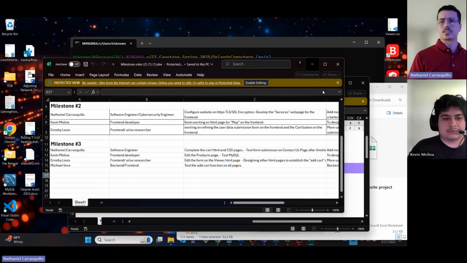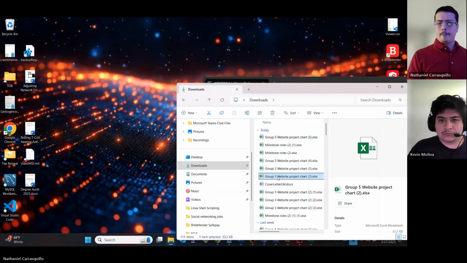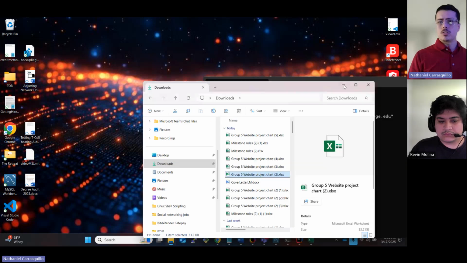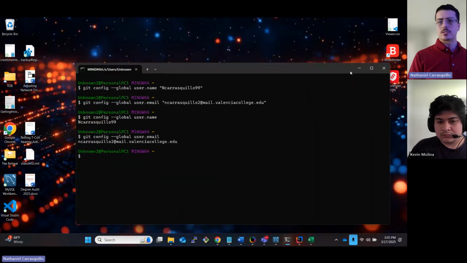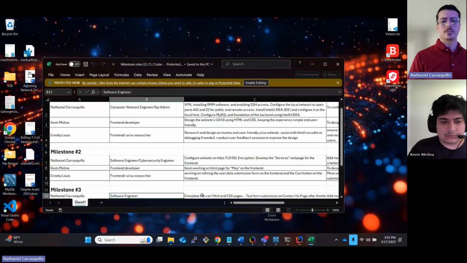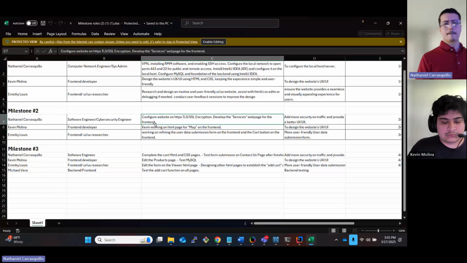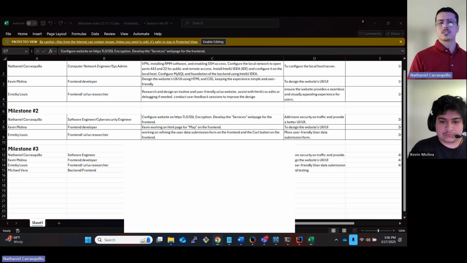This is the GitHub. So one of a few items that we spoke about in the previous milestone, milestone number two, we had a couple of assigned things, right? One of the things that I was working on is changing our website over to HTTPS, which is already done, and developing the services web page for the front end. So let's take a look